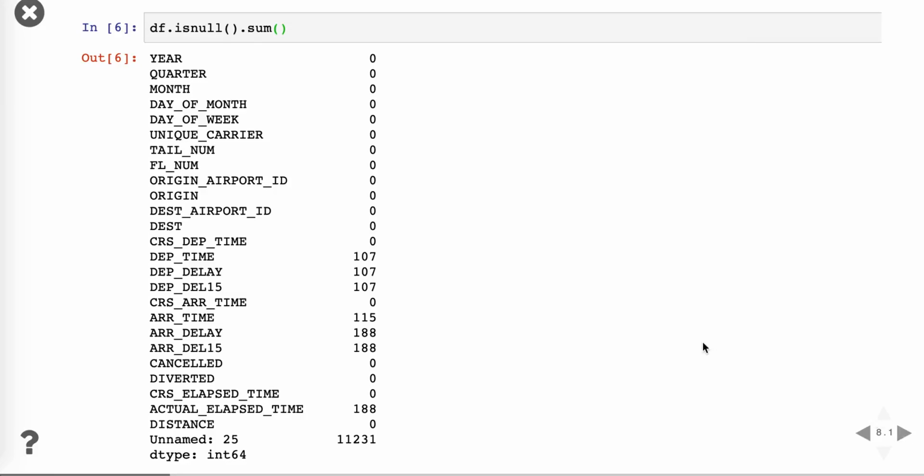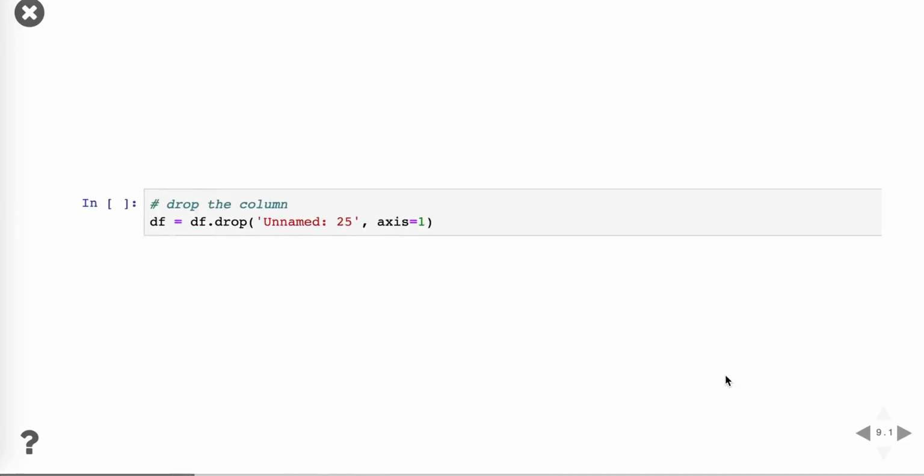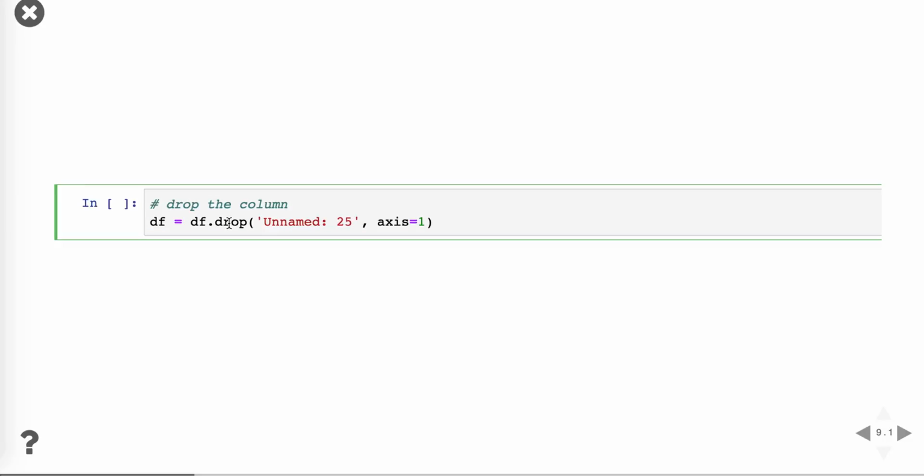So for removing this column we just need to use the drop method. Okay, the drop, after that whatever the column name that you want to give. So this is the column name and axis 1 will tell you which axis you want to delete, whether it is an entire row or the column. So for that we give axis 1, which means it will delete the entire column over here. So let's delete this one here,